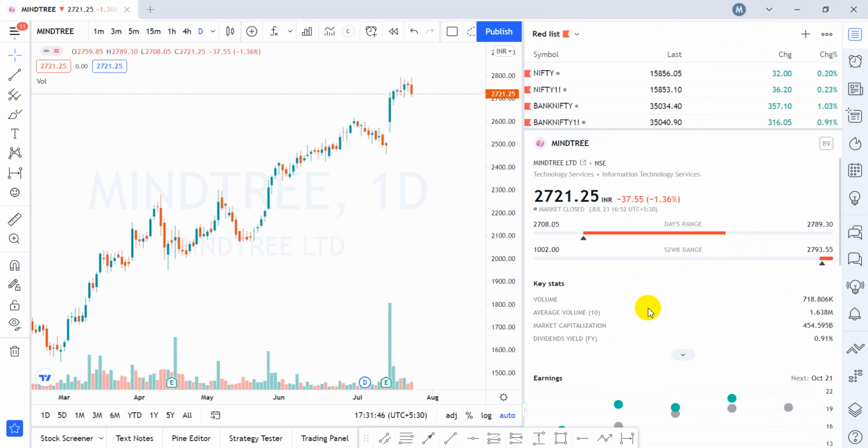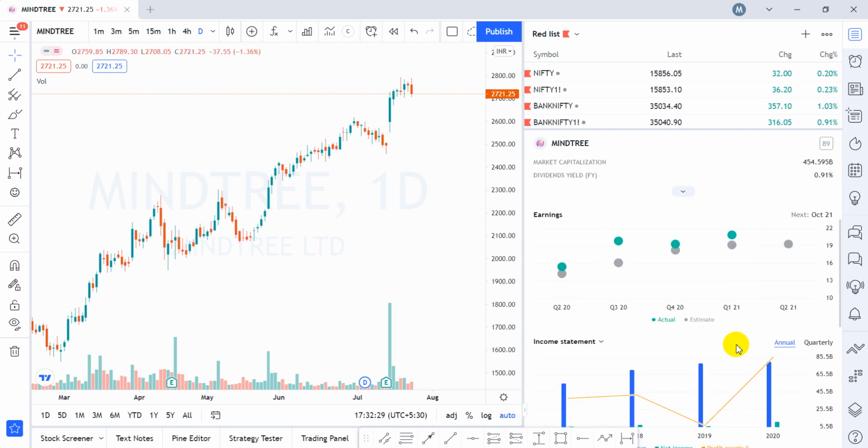All right, so first of all, you just need to open the watch list area over here, and within the watch list area, it will show you a lot of good information about Mindtree. So the first thing I would like to look at, and don't look for anything very short term, like 5 minute, 15 minute, daily time frame, what has happened last month, last week, don't worry about all those things. First of all, we need to check this particular parameter, the 52-week range. As CANSLIM prescribes, your stock should ideally be within 15% of the top of this range, bottom to top of 52 weeks. Mindtree is perfectly fitting over here.